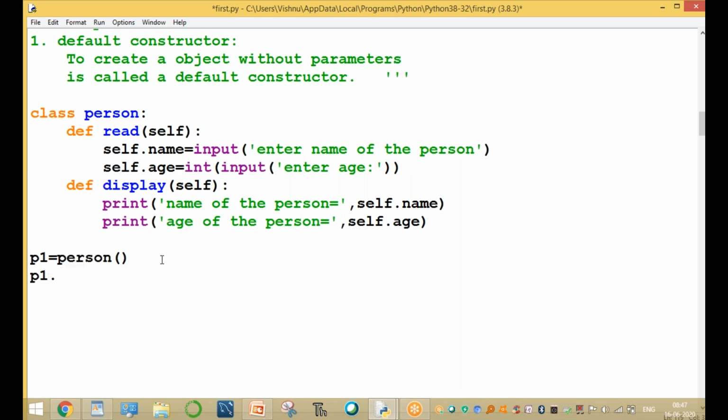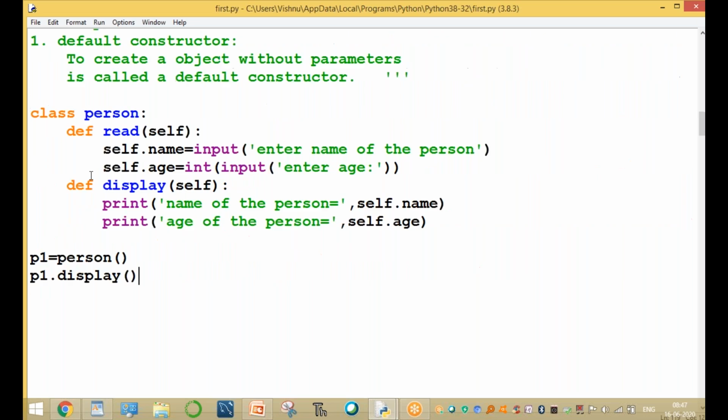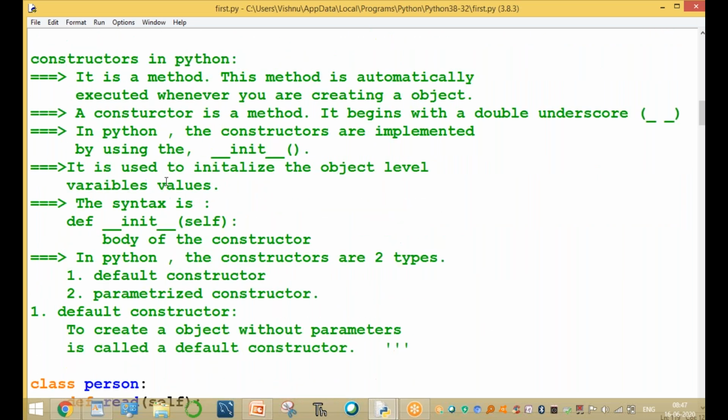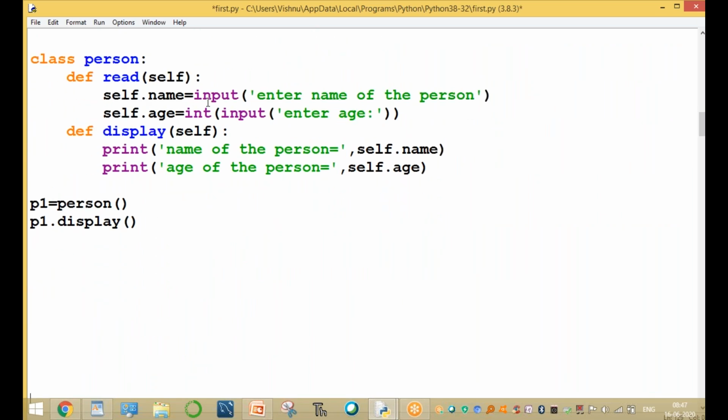Now we execute p1.display. Now execute this program. Run the values of the name and person. Any problem? Name value, self.name, enter the name of the person, age value.